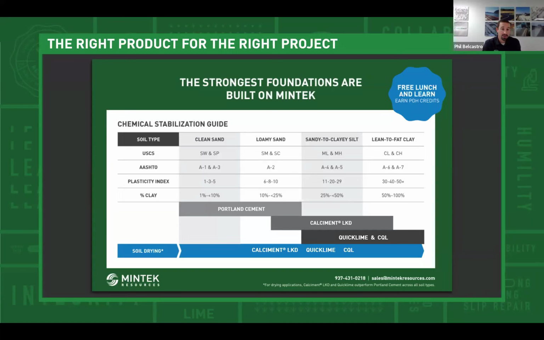That product brings pozzolans to the table, so it supplements what we're missing from cement, or what Mother Nature gives us with the silicas and aluminas in the clay. It brings some of that to the table so we can bridge the gap between the two. And then that blue box at the bottom, all day, every day, lime products are going to be a great